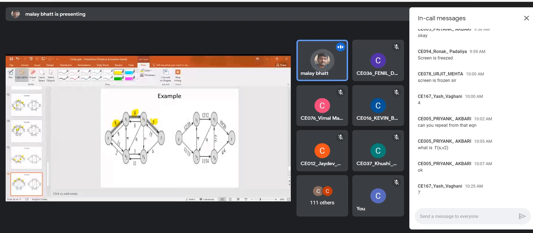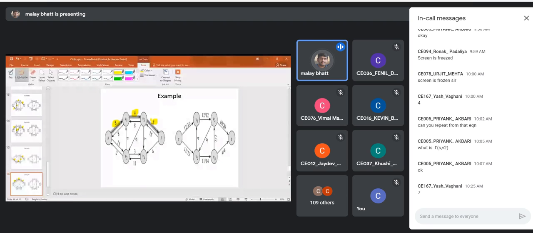Now from this, one more path: 8, 4, and 5. So we'll select 4 as the minimum flow value. So what is the impact? From node S to node V1, the capacity will be now 4 only. And the residual capacity in the reverse direction from V1 to S, it is 12.